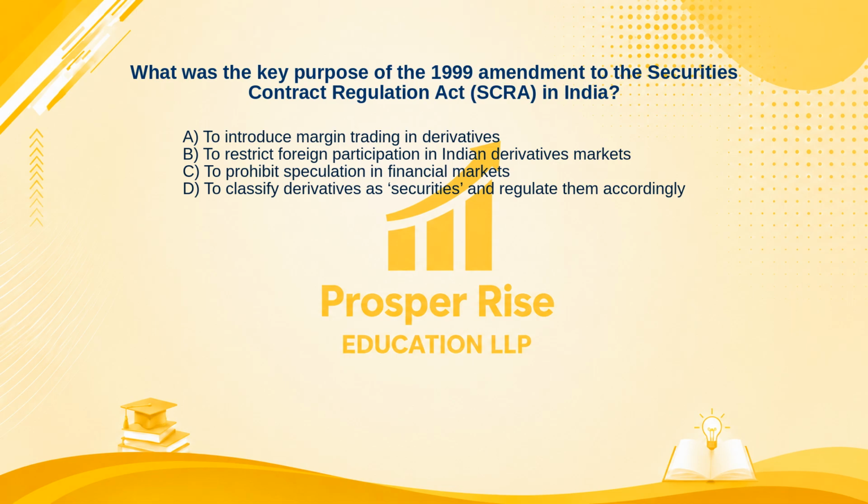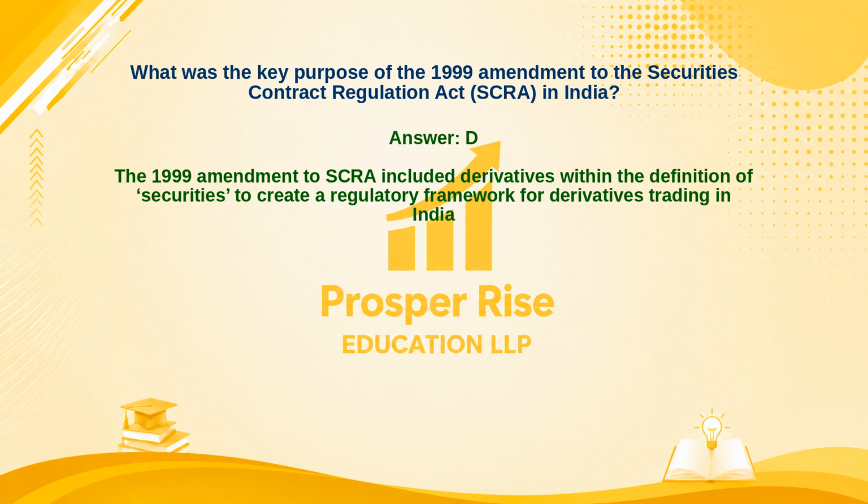Take a moment to pause the video and decide. The correct answer is option D. Let's see why. The 1999 amendment to SCRA included derivatives within the definition of securities to create a regulatory framework for derivatives trading